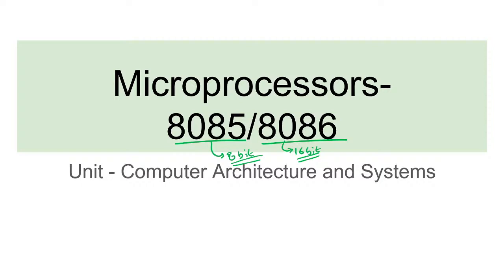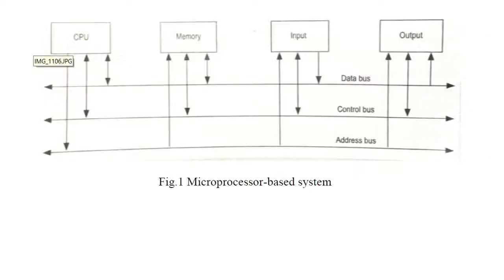Okay, so we have these two processors and we will see them quickly, right? So we have a processor. We have already seen this diagram, that we have three components of a computer system, that is CPU, main memory and input output devices. Okay, and all these input output devices, memory and CPU are connected to a common bus that is called a system bus. System bus is the combination of three kinds of bus, that is data bus, control bus and address bus, right? You will see that address bus is a unidirectional bus. Okay, address bus is a unidirectional bus.